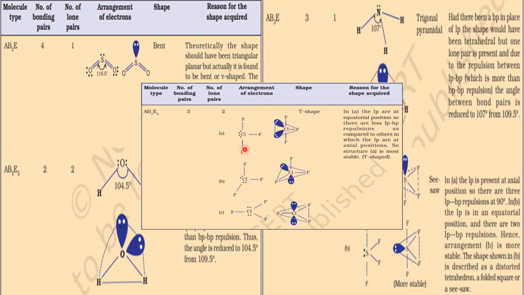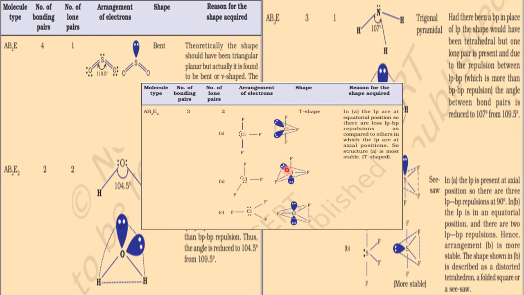They tried all possible structures, but among them these three are better structures. Now among these three, which is the best and the most stable structure? This is the most stable structure, the T shape. All three are triangular bipyramidal, but the best one is this one. Why? Because the two lone pairs take the equatorial positions, on the triangle, so they go a little farther away from the chlorine and also from the bond pairs, causing the least repulsions.